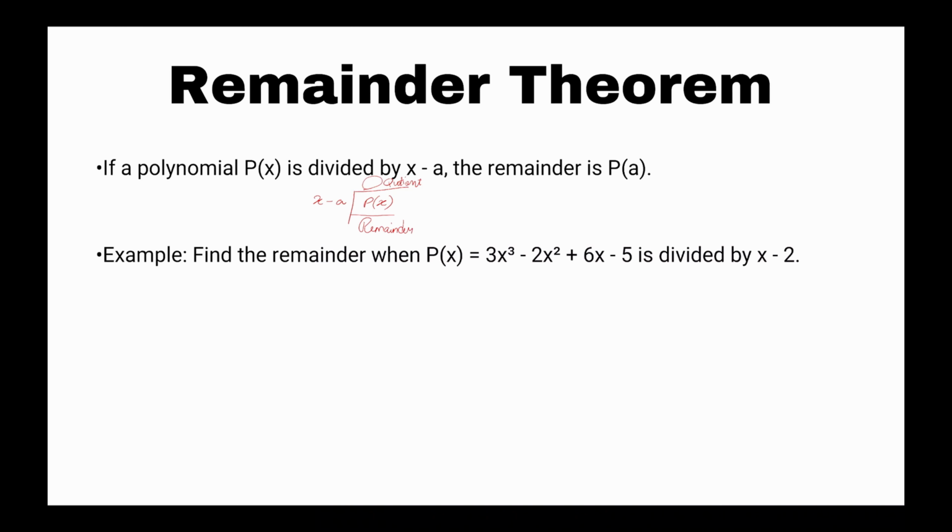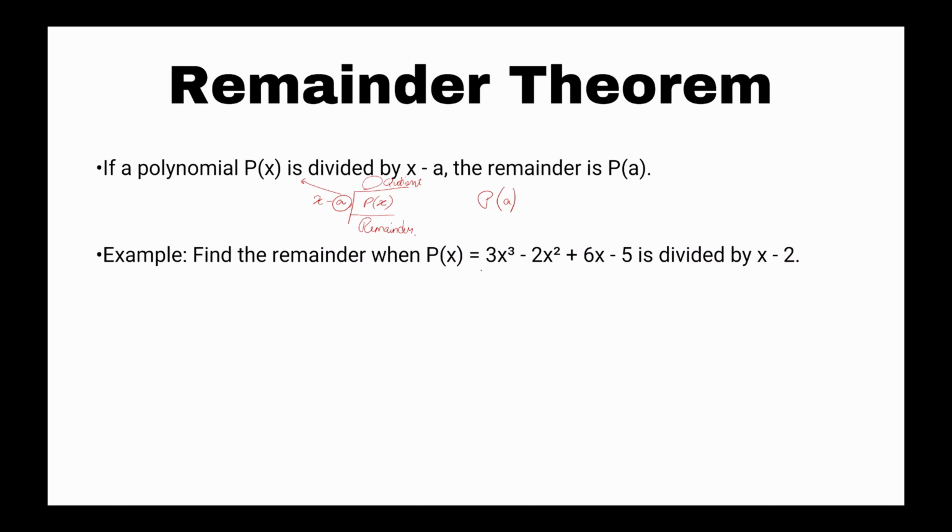So how do we find out the remainder? The remainder can directly be found out by putting the value of a in the equation. So p of a would become my remainder. If I was to show this to you with the help of an example, you can see here,